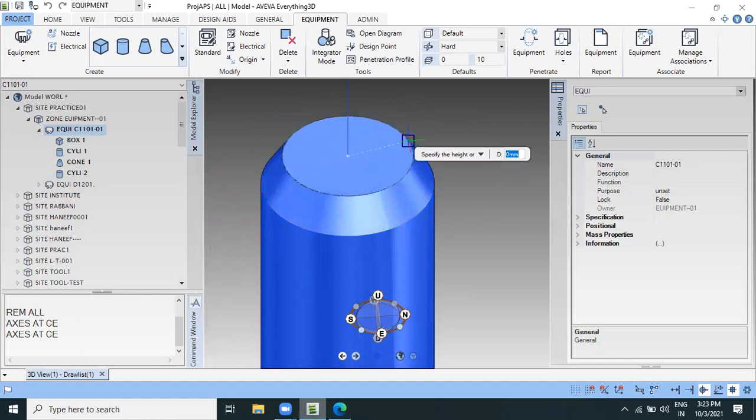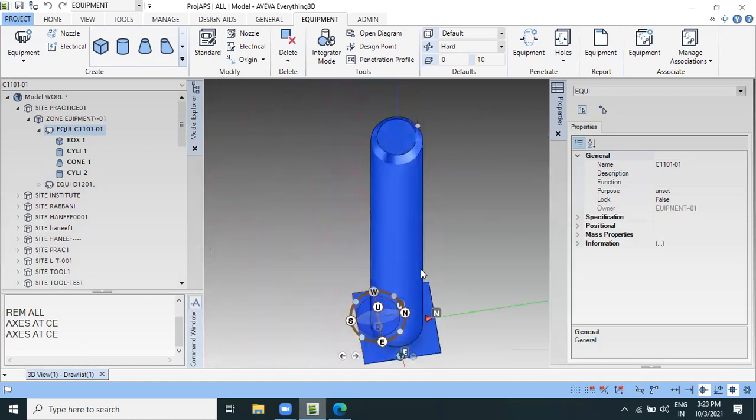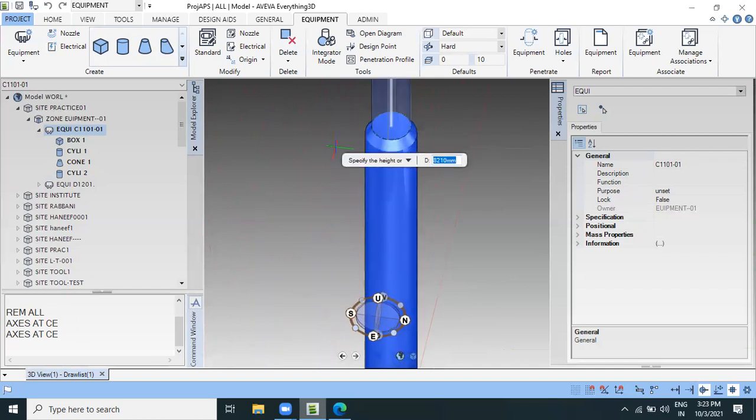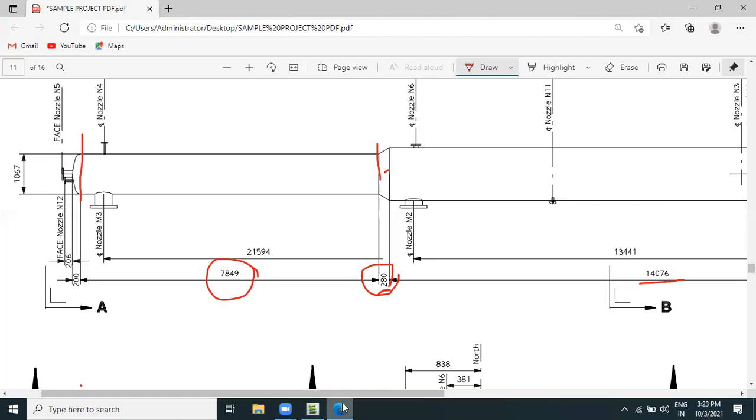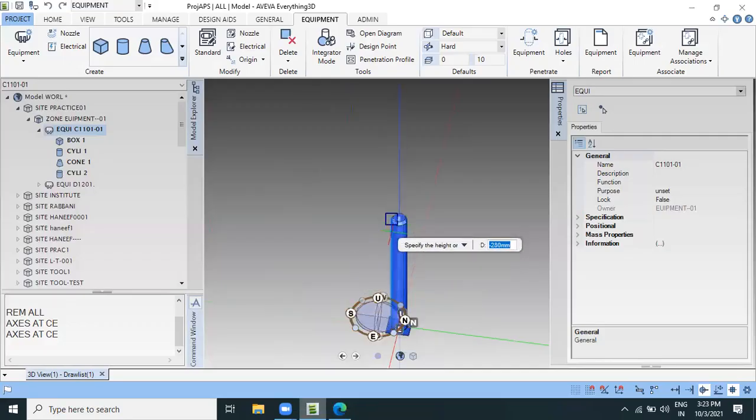Then the height given is 7849. Then enter.